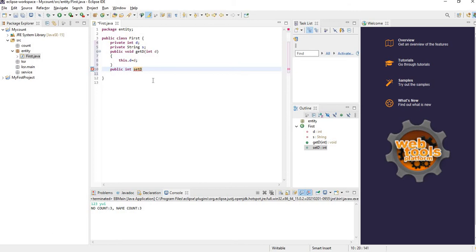This is the naming convention for setters. So setD, again open brace and close brace, and within this we return d. Now this is the setter for the variable d. Similarly, we have to create the getter and setter for the variable s.